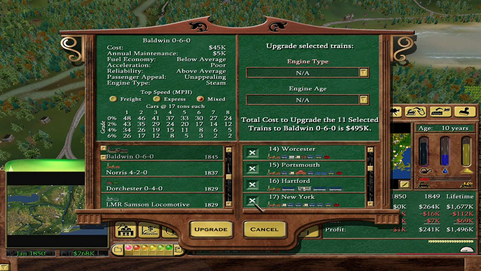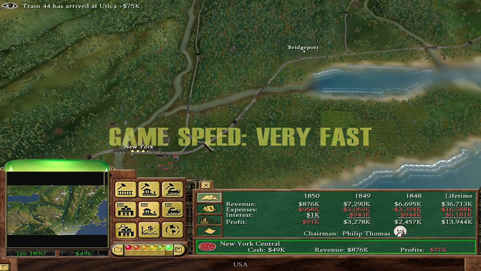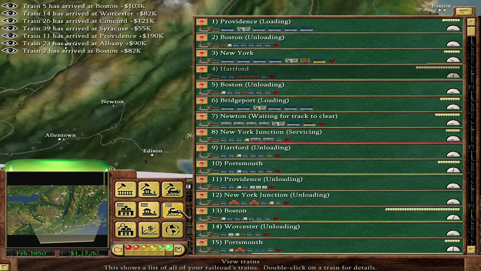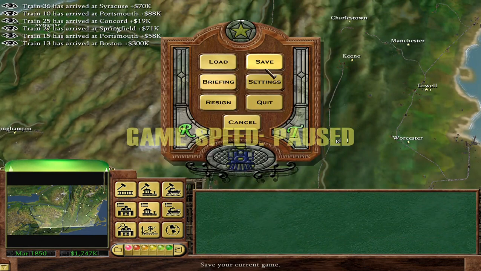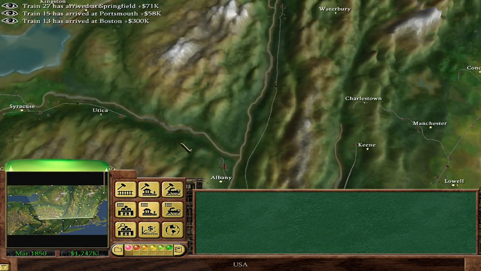Rather, let's just do as many as we can. There we go. Right. Yeah, because the Norris is just not really good anymore. Sudden influx of cash is very welcome. Right. So the recession doesn't seem to be hitting us that badly, because we're still making quite a lot of